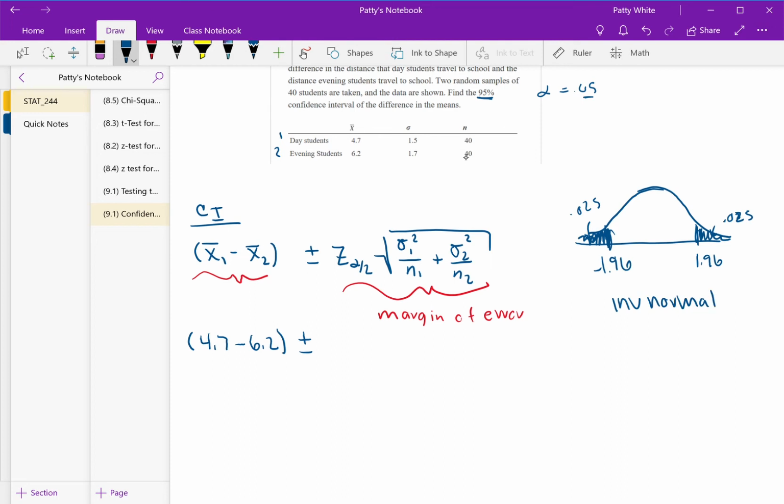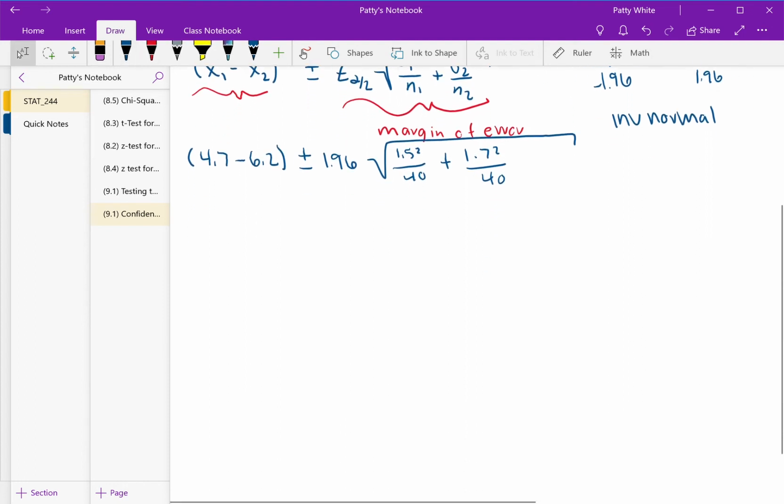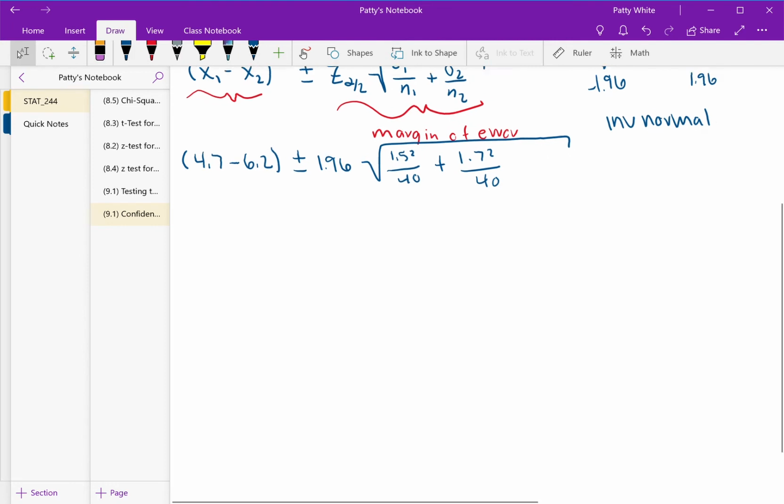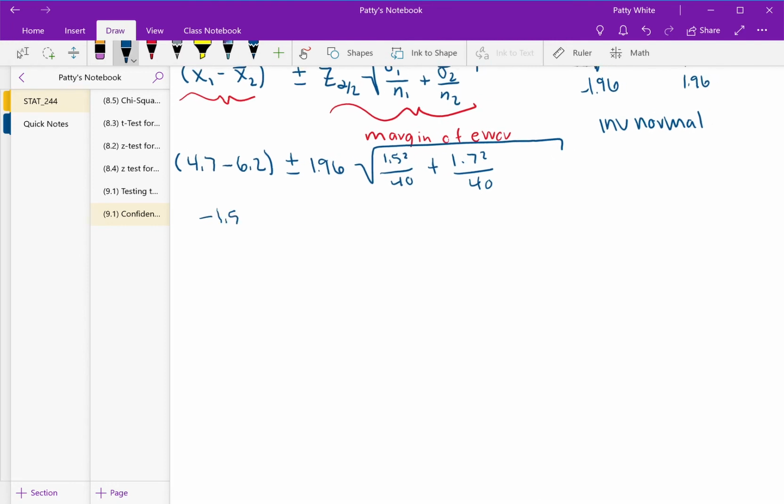Since you have a plus or minus here, you just pick one of them. So 1.96 times the square root of sigma 1 squared. So that's 1.5 squared over the 40 plus the 1.7 squared over the 40. Alright, so your point estimate is going to be negative 1.5. The margin of error, when I put all that into my calculator, I get